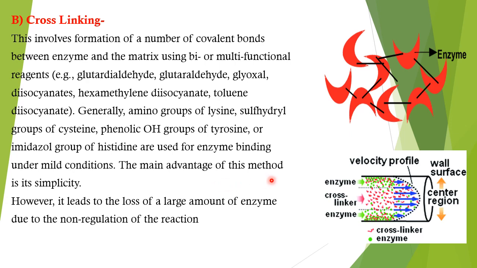The main advantage of this method is that it's very simple. We don't have to find very complex matrices. When the enzyme itself is forming the bonds, we can provide a little support of the matrices, so that if a few vacancies of the active chain are left, they can be satisfied with the matrices, and all other valencies will be satisfied by the enzyme interaction itself. So this is a very simple process.